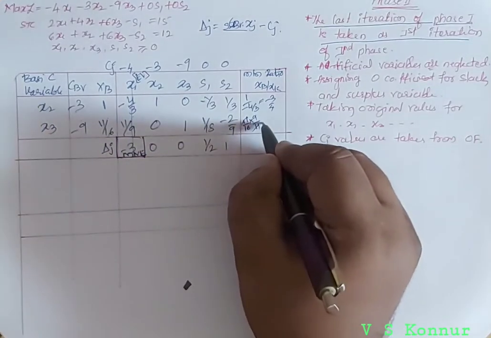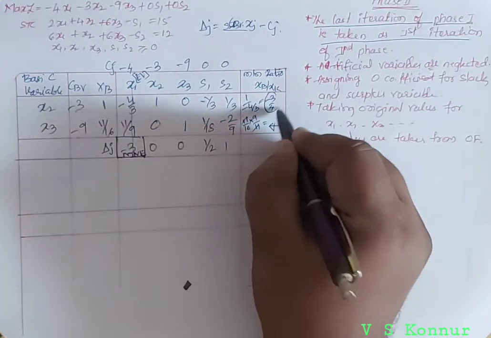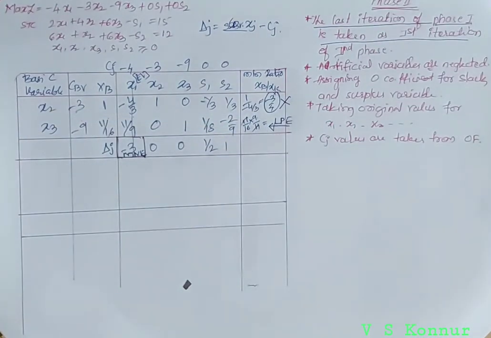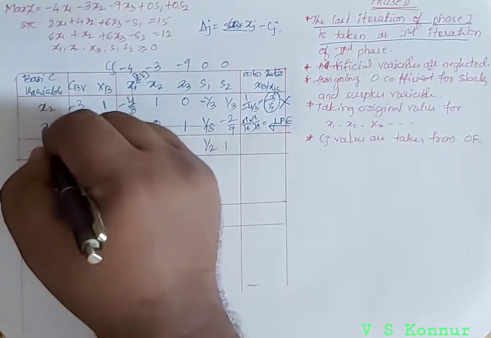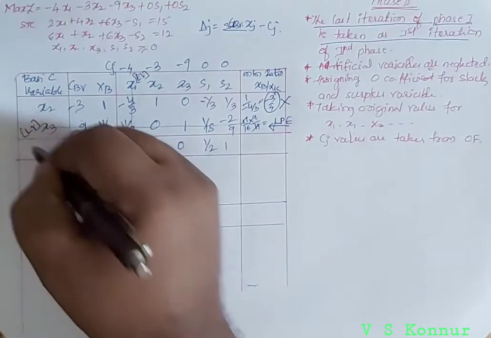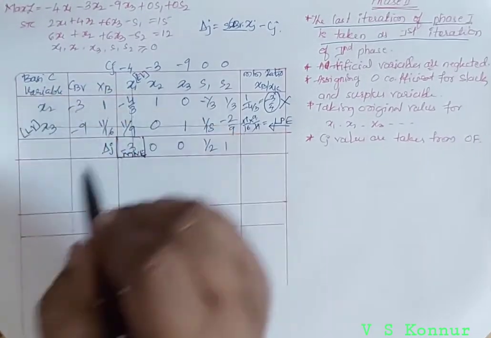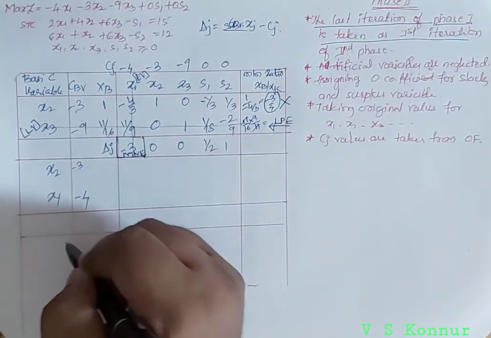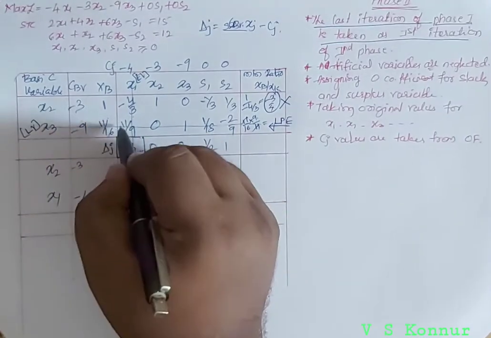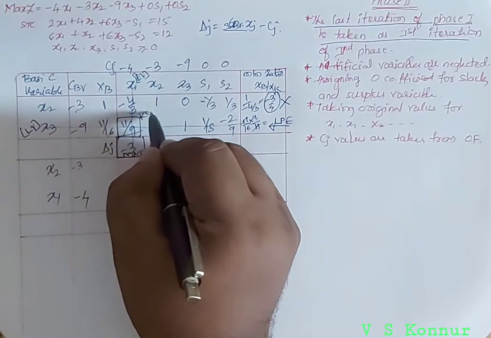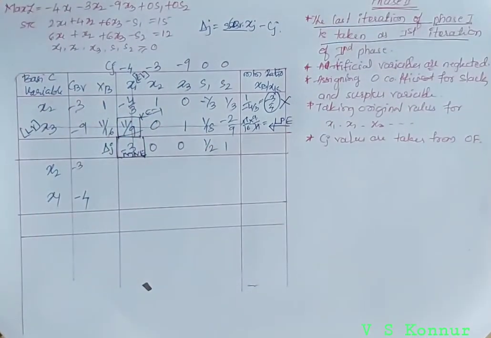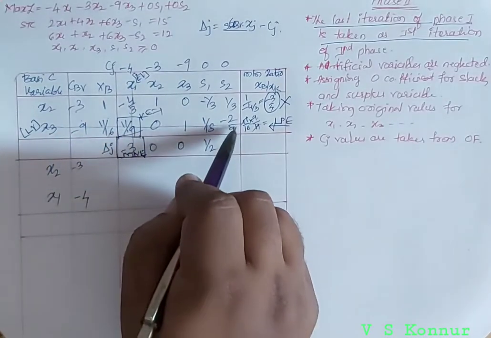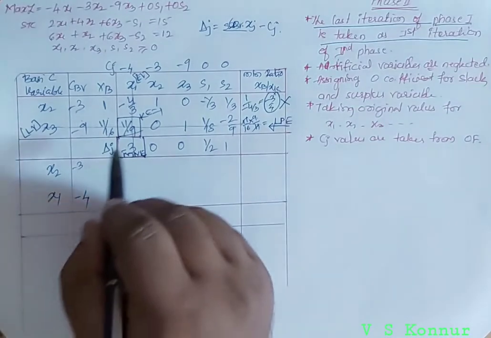Only the positive element is considered, no need to calculate the others. This one is negative, it is not considered. So the least positive element is 9 by 16. Now that least positive element will give the leaving vector. x3 is leaving, in place of x3 x1 is entering, x2 remains as it is, x3 replaced by x1 which is having coefficient minus 4, right? Now the intersection of these two should be equal to 1, that is called the key element. That 11 by 9 should be equal to 1. If it is not equal to 1, divide this row throughout by 11 by 9 or multiply by 9 by 11.